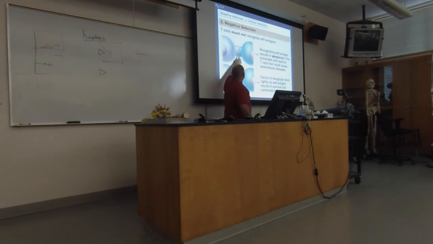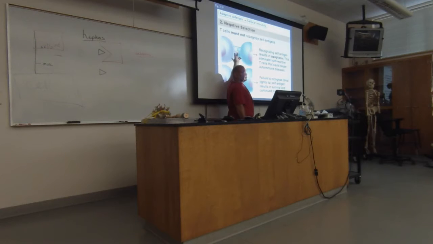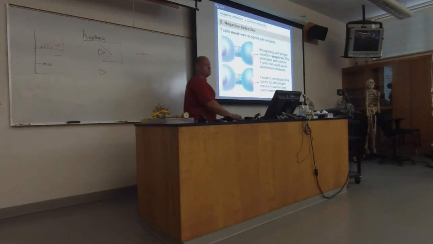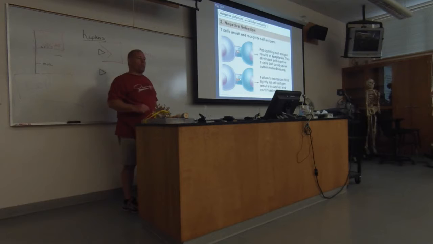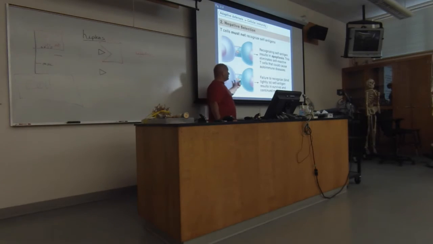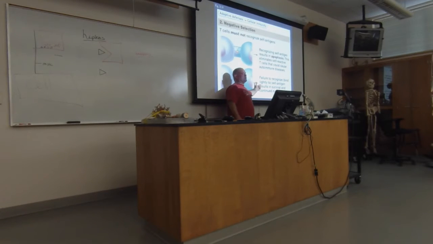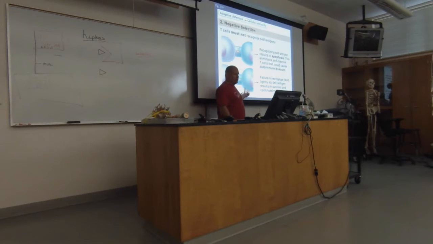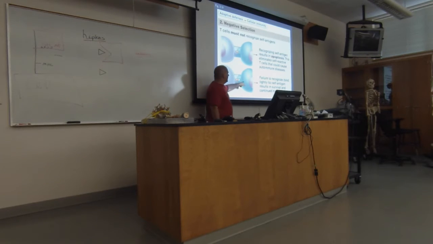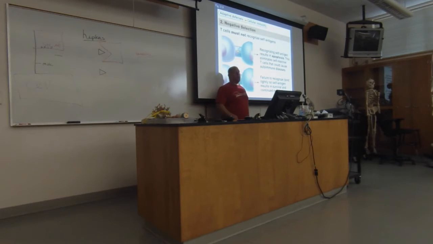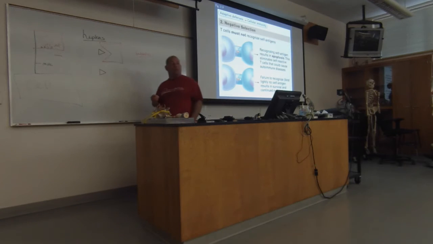But look what happens. Is there any space up here? Nope. So it's actually binding to a self-antigen. It can't do that, so this cell undergoes apoptosis. When it doesn't bind to it, it gets to move on. So this is why it's called a negative selection, because it didn't do something. In the earlier one, it did do something, and that was the positive selection. Here it's the negative selection, and it's not binding, and these move on. That's how these cells become immunocompetent.